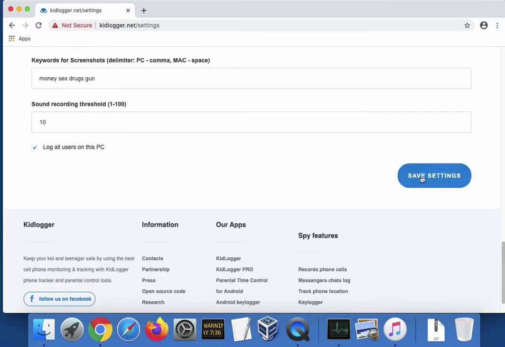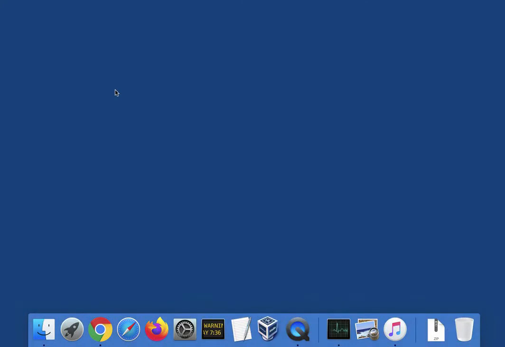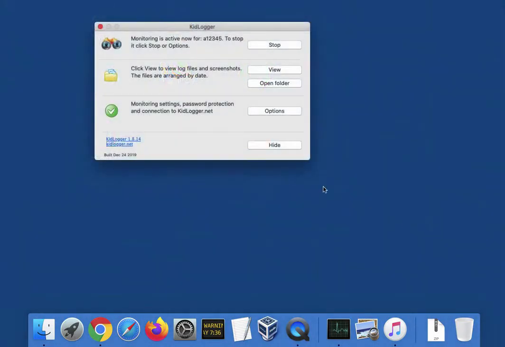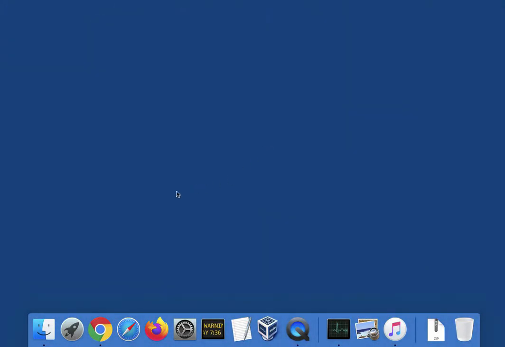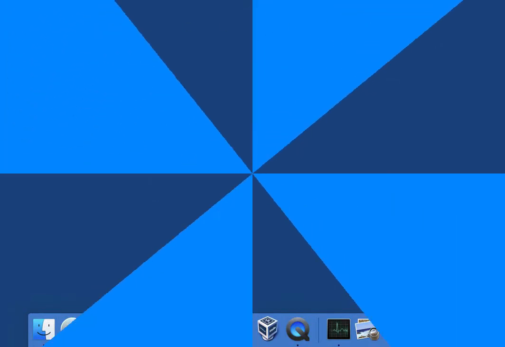And click Save Settings. After a while, the KidLogger application will ask the server about new settings and will receive a password. If we don't want to wait, we have to log out and log in. Let's log out and log in again.